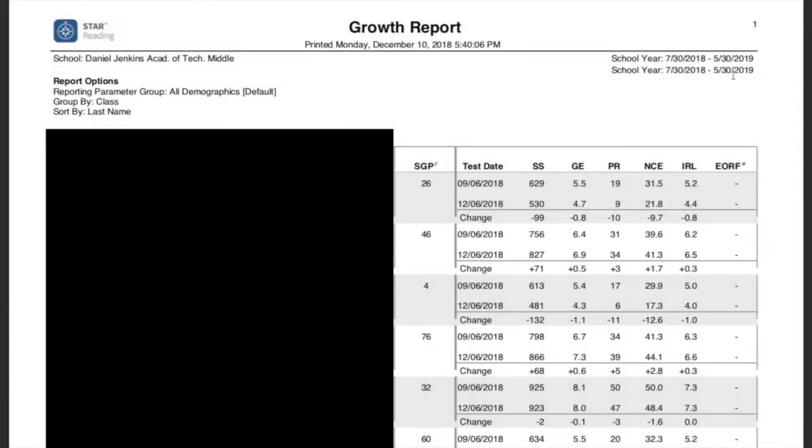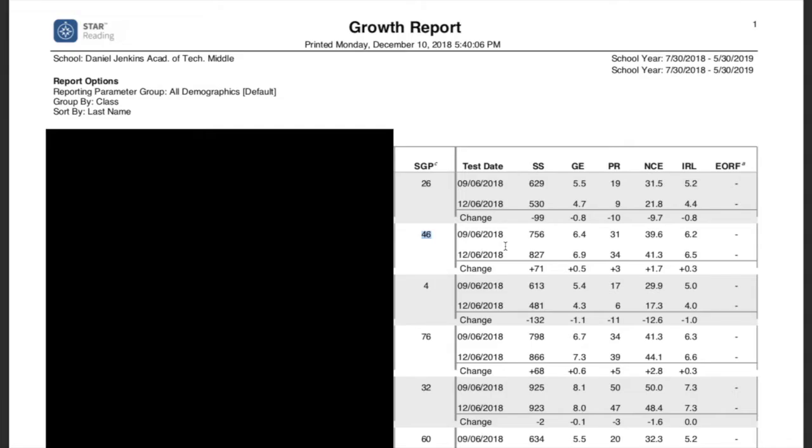First, I wanted to take a moment to explain what the SGP, or Student Growth Percentile, really means. So the best way to do this might be to use an example. Let's pretend that I have a student whose SGP is 46. What this means is that the student grew as much or more than 46% of her academic peers. So we can define academic peers as being peers in the same grade level with a similar starting score and